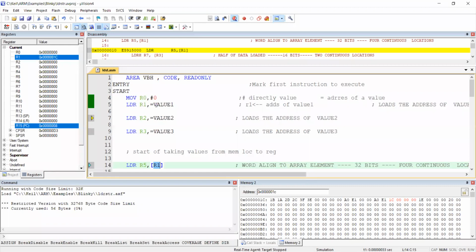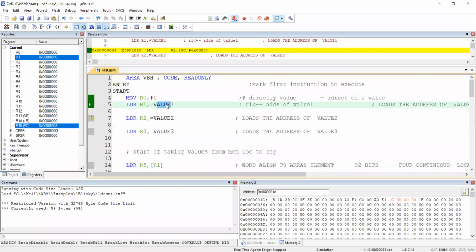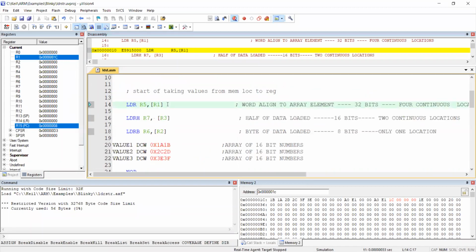Here R1 is value 1, and it is present in the register box here, 1C. So it is indirectly equal to LDR R5, [0x123456], 1C.